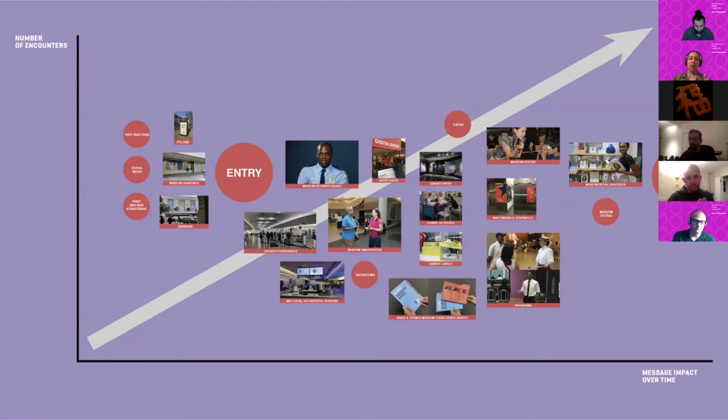It was a special project that was intended to be visible from the entry all the way into the thematic exhibitions that we have, into individual object labels. So you can imagine a really wide range of mental and experiential states that visitors would be in. You can see in some of the images here some of the different points. So there's the guides in the little blue. You see ambassadors talking to people. You see the entry where there's a security